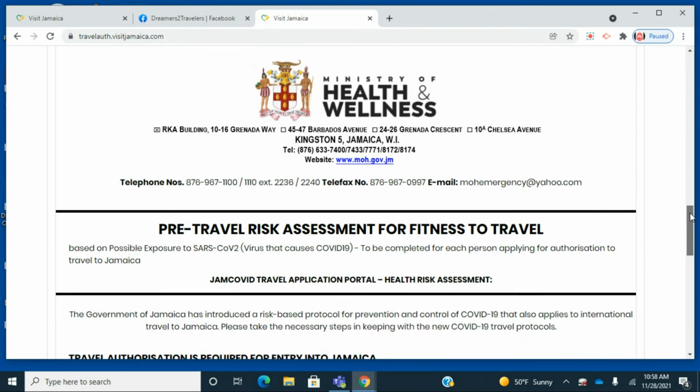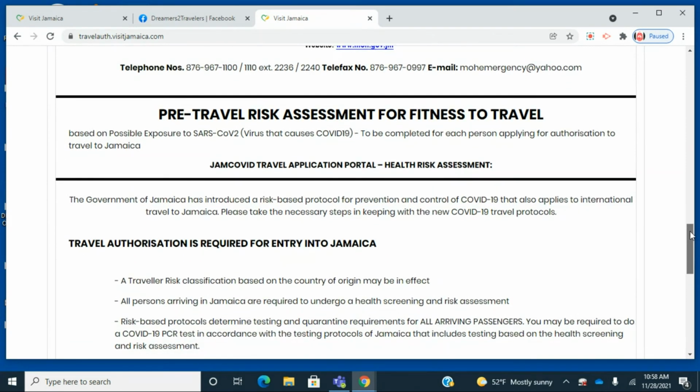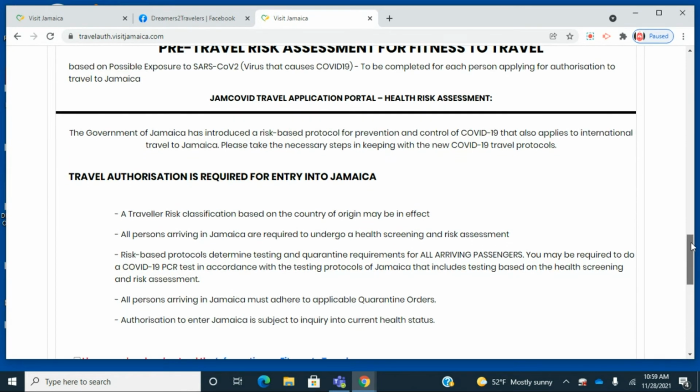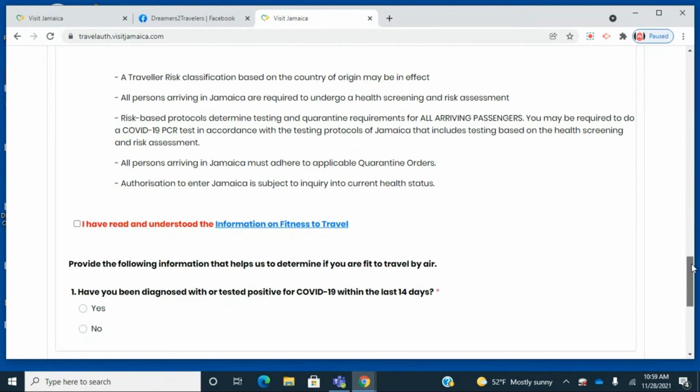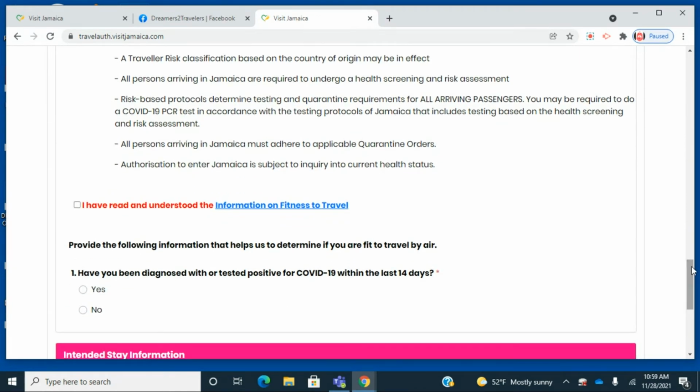And then you'll come to your wellness screening. So if you have had to do any screening, say for instance for employment, you had to answer a series of questions regarding COVID-19. This is very similar to that. So you'll read, of course, the information regarding the health risk assessment, saying that you understand the information for fitness to travel,